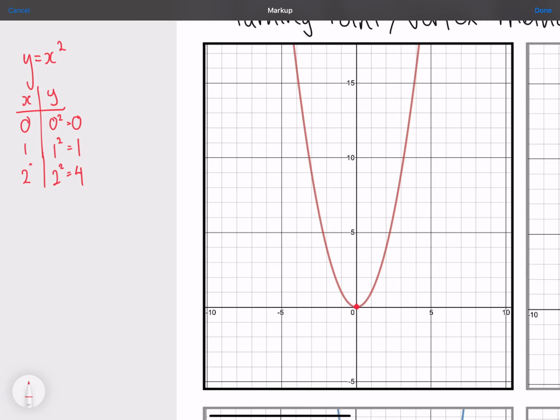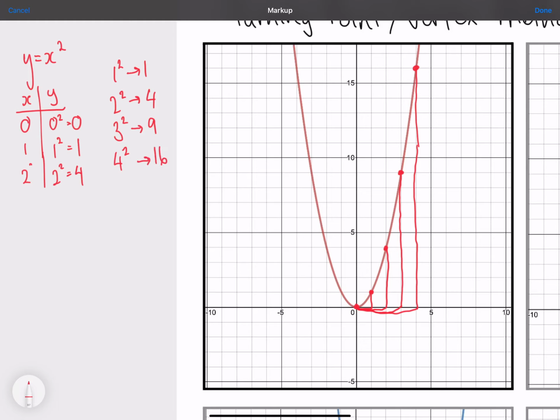That's a really key feature that we need to be able to identify. Now we can see that as our graph goes across 1, it goes up 1. As it goes across 2, it goes up 4. As it goes across 3, it goes up 9. As it goes across 4, have a guess, it's going to go up by 16. And that's because 1 squared is 1, 2 squared is 4, 3 squared is 9, 4 squared is 16,